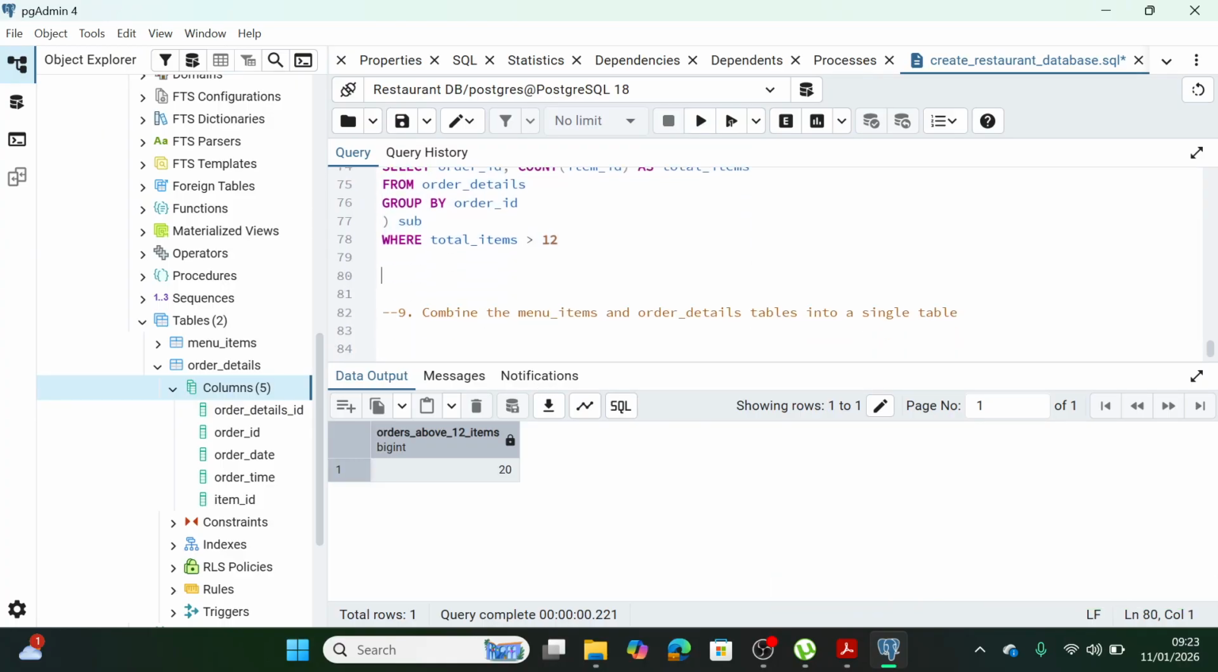So now the next question says, guys, combine the menu items and order details table into a single table. They want to test your join skills here. This is a join problem. Menu items and what? Order details. So when you join tables together, you get more insight, guys. So what I'll do is very simple. Now we just have to